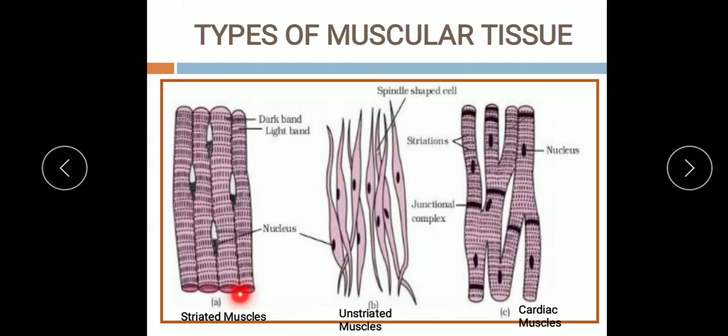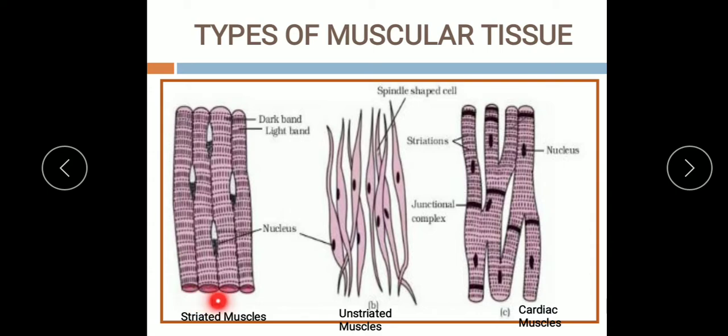And these striated muscles are known as the skeletal muscles also. Why? Because these muscles are attached to the bones, and bones are part of the skeleton system. So they are known as the skeletal muscles also. These striated or skeletal muscles have one more name, that is voluntary muscles. Why voluntary muscles? Because the movement of these muscles is under our will. Hence they are the voluntary muscles. So understood, children, the three names: striated muscles, skeletal muscles, and voluntary muscles.